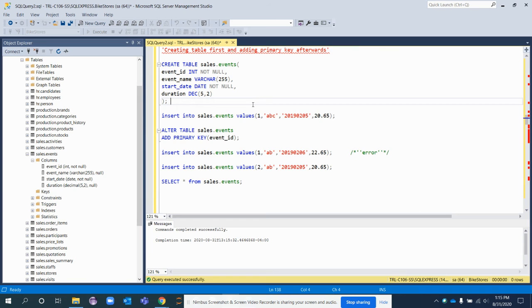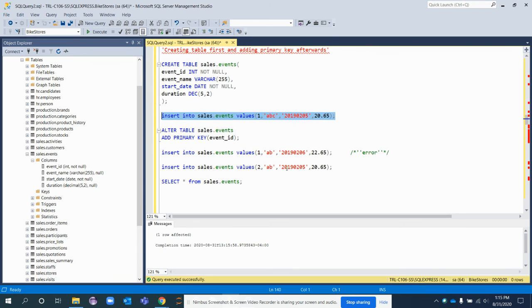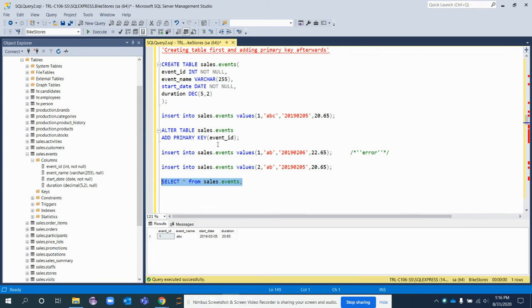Let's say I will insert a record into it. So now let's see what record I inserted: 1 for event ID, ABC for event name, start date, and duration.